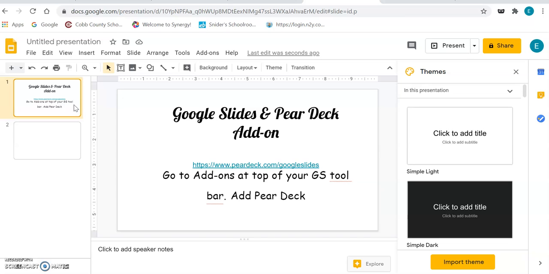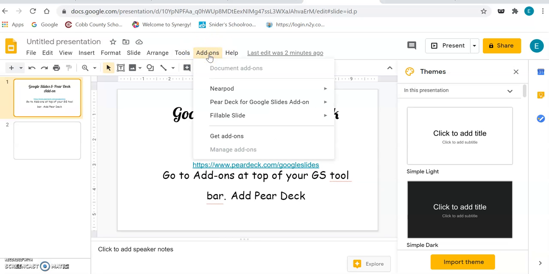I'm not a professional videographer, but this is my attempt to help you learn a little bit about a Pear Deck add-on. So we're in the Google Slides presentation here. If you go right here to add-ons, you would first start with getting add-ons and go out and search for Pear Deck. So once you have your Pear Deck and you click on it,